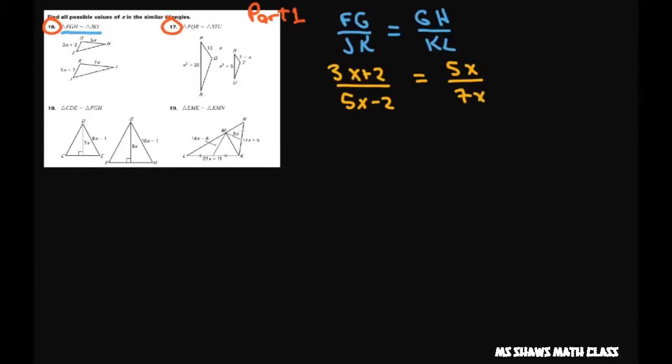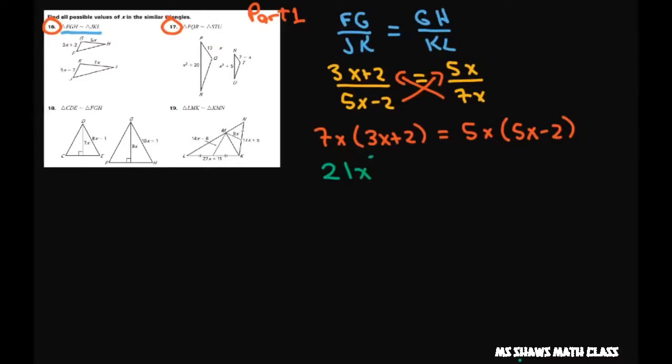Now cross multiply, and I cross up this way. I'm going to have 7x times 3x plus 2 equals 5x times 5x minus 2. Now let's simplify by distributing. You get 21x squared plus 14x equals 25x squared minus 10x. Now what I want to do, since it's a quadratic in form, I'm going to subtract these two terms from both sides,